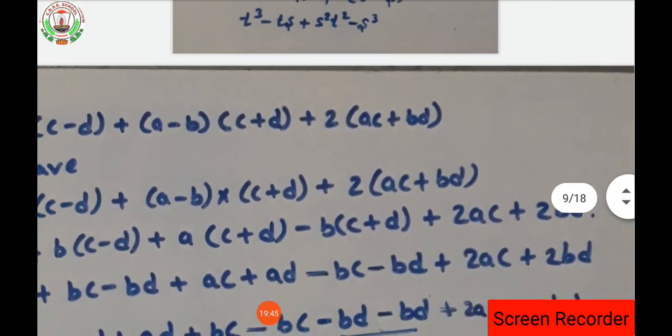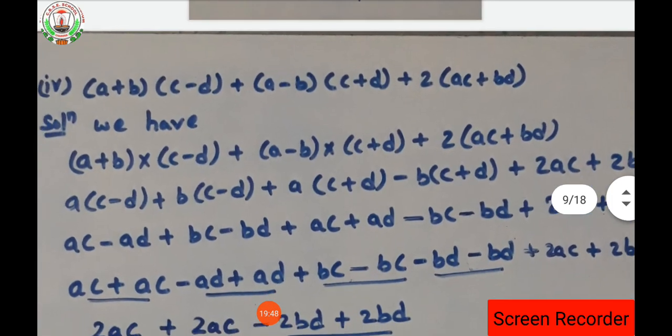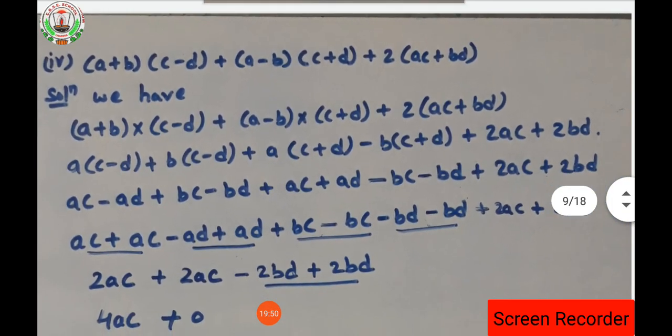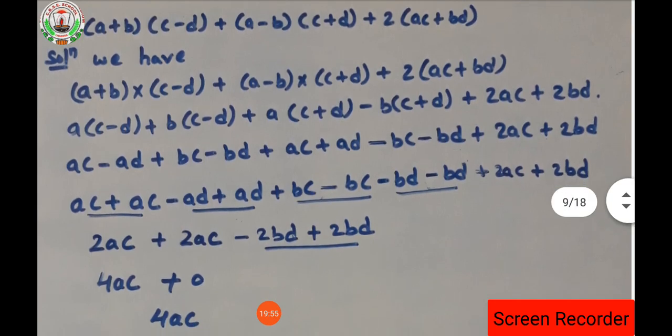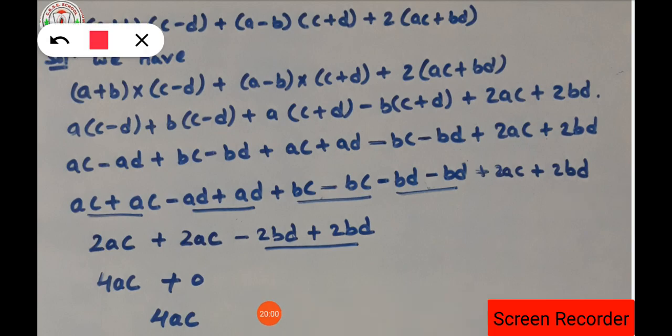Now the next one, the D part, that means the fourth part of the question. It's a very simple one. You have to go through the multiplications only. So here in this part, this one is going to be multiplied, isn't it? Where a bracket is there, that means multiplication, isn't it? So here both the brackets will open and get multiplied with each other. In the same way here also the multiplication takes place. Here 2 will get multiplied inside the bracket, isn't it?